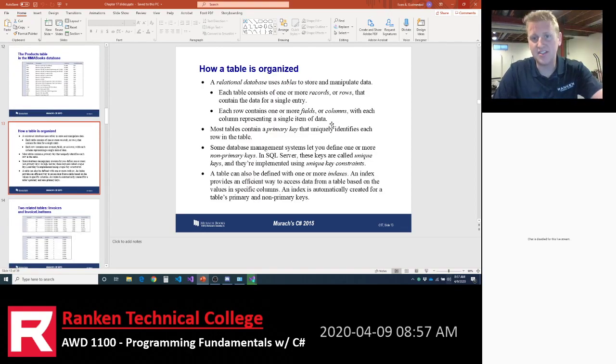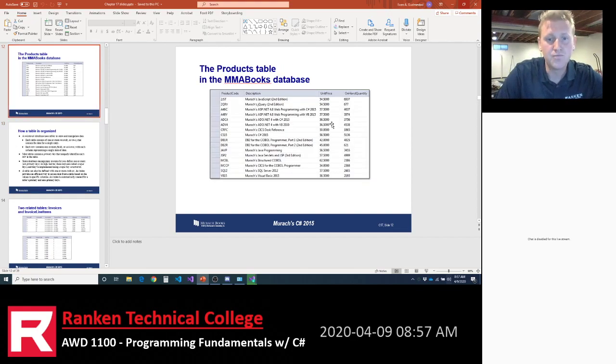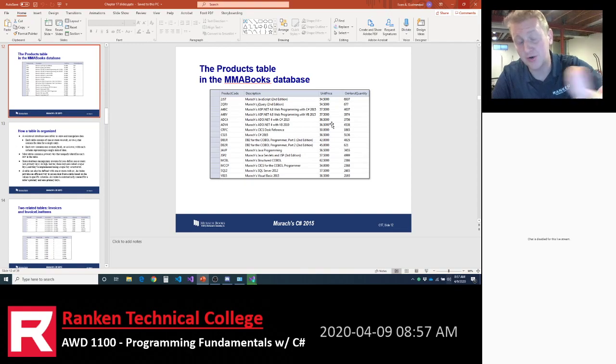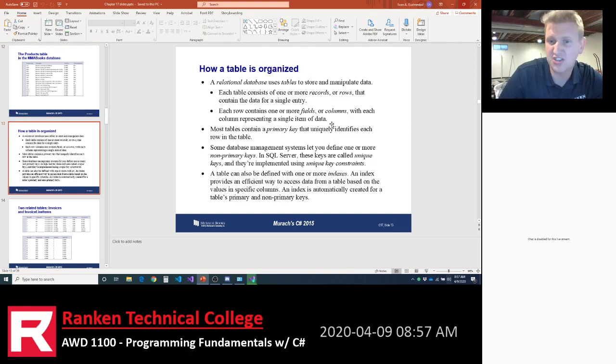And they break this down into, okay, every table has rows. They also call them records. And when you intersect a column and a row, they call that a field. So it's just terminology. That's called a field when you intersect.